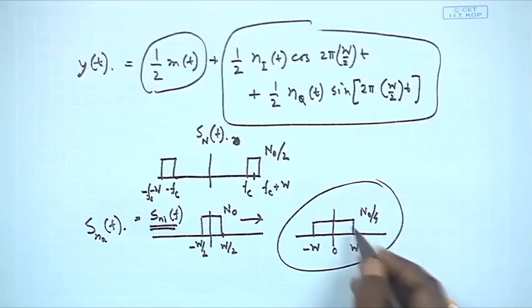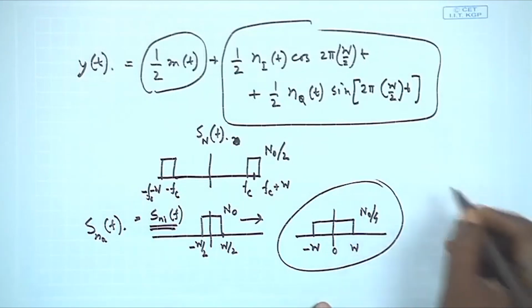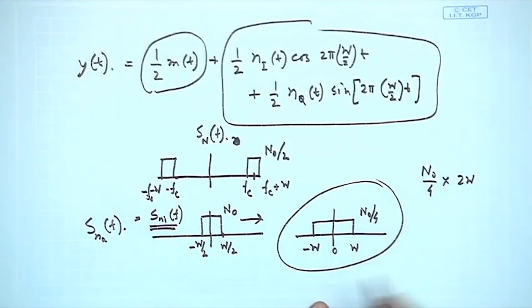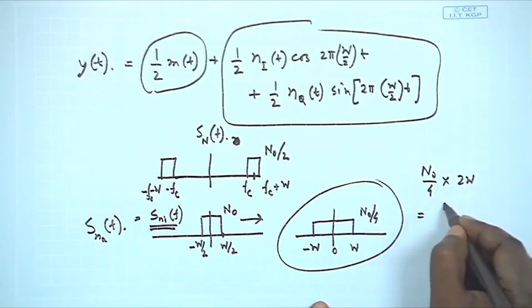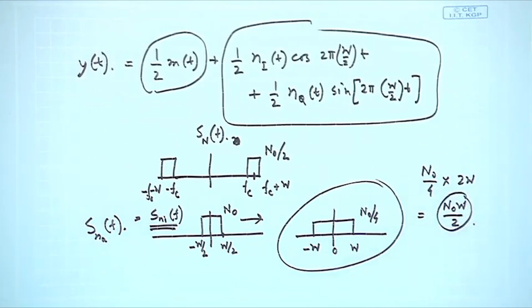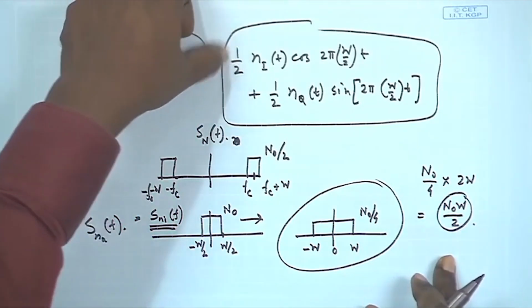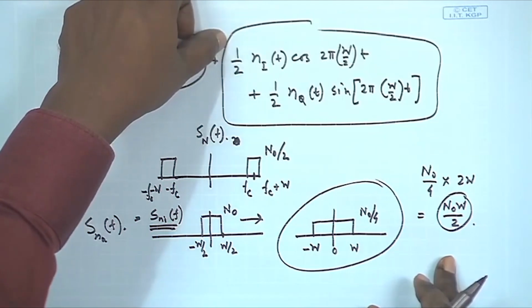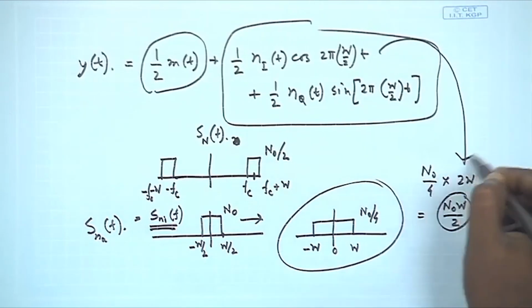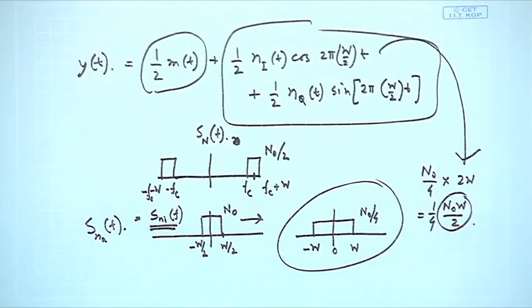What is the corresponding power? That is actually N0 by 4 into 2W. So, N0 W by 2, fine. You have a half term over here. So, I will get 1 by 4. So, noise power due to this will be this much,